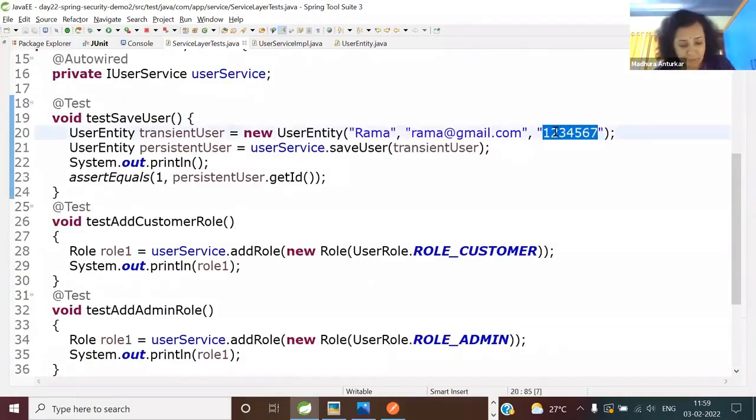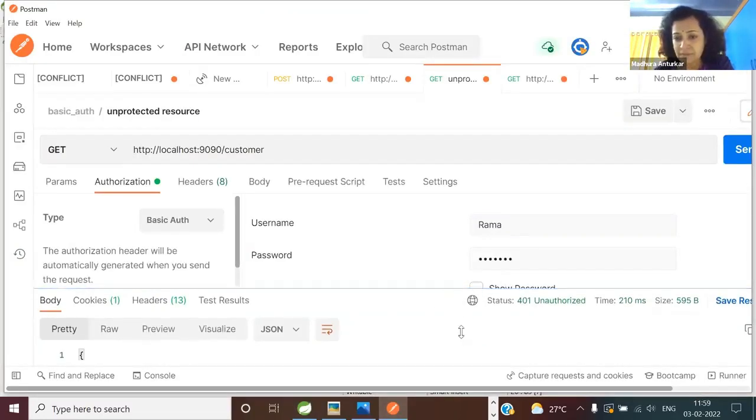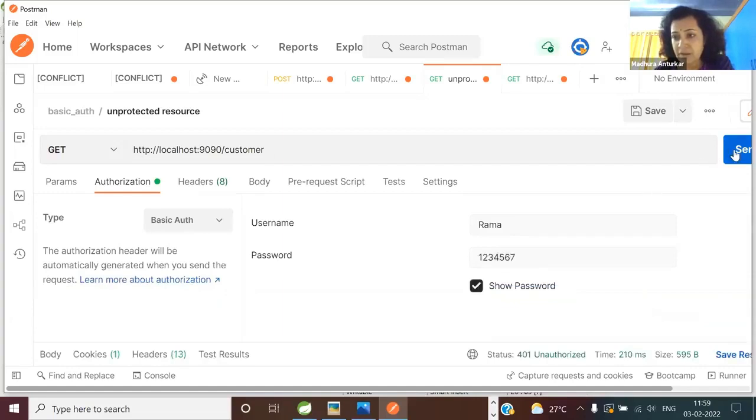So here it is, this unencoded password. Because how do you have access? The client doesn't have access to the server-side database, right? So here you give the password, and try to send it. And here,